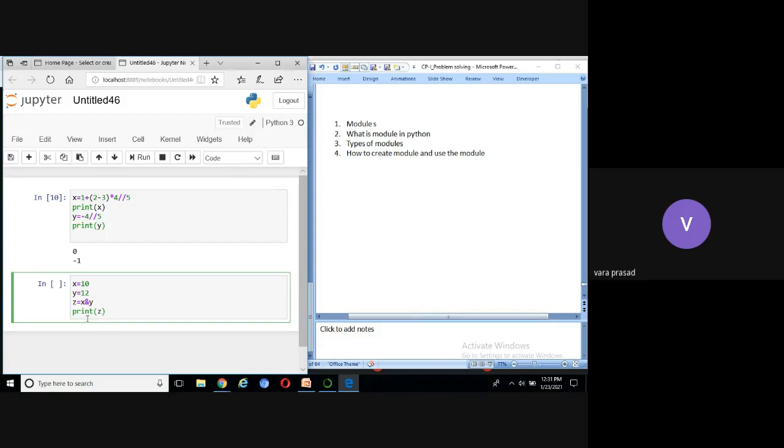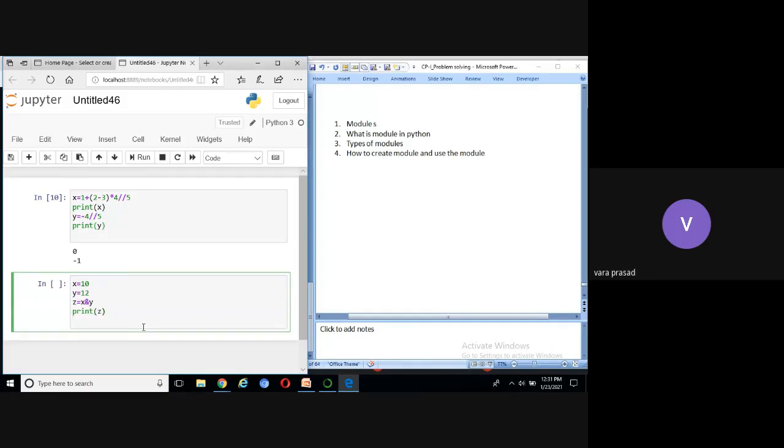One important point. Bitwise operators operate on the binary value of the variable. Please try to understand. Bitwise operators operate on the binary value of the variable, but logical operators operate on the value. Now here ampersand is a bitwise operator or logical AND operator? Bitwise operator. Then what we have to do? We need to take the binary value of x and the binary value of y. Then you can apply the AND operation. Then we can see the result.